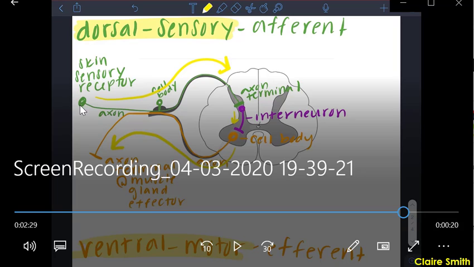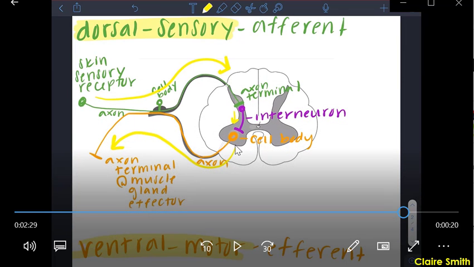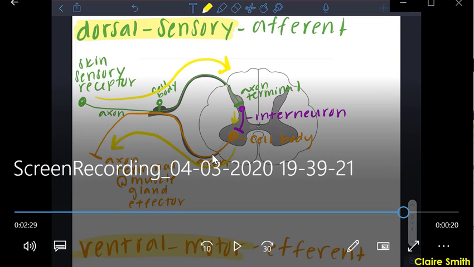So for sensory neurons, the axon is going to be in the dorsal root, right? Cell body is going to be in the dorsal root ganglion, and axon terminal is going to be in the dorsal horn. For motor neurons, cell body is going to be in the ventral horn, axon is going to be coming out the ventral root, and axon terminal is going to be out in the periphery at a neuromuscular junction, something synapsing onto the muscle. Okay,